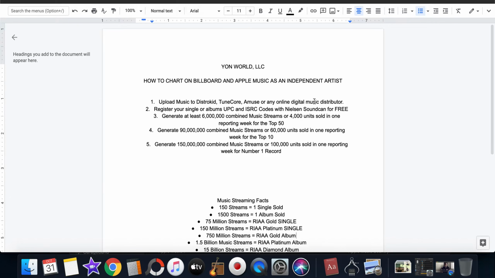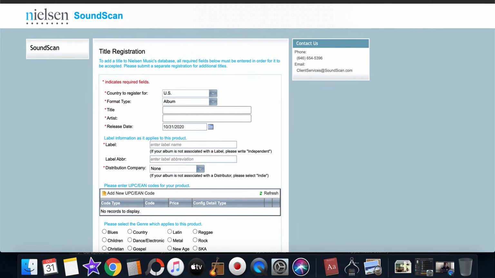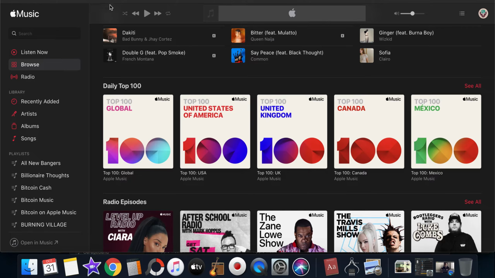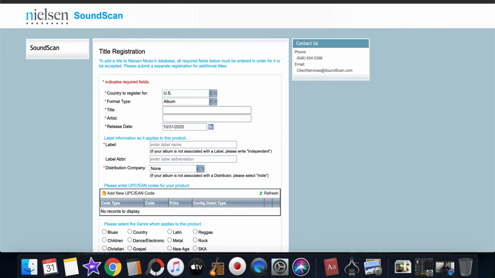Now, the second thing you need to do is register your single or album's UPC and ISRC codes with Nielsen SoundScan for free. Now, this website I showed y'all, SoundScan, this is free. It's free to register your song. So you have to register all of your music if you want to be recognized on Billboard and Apple Music. Because if you don't submit